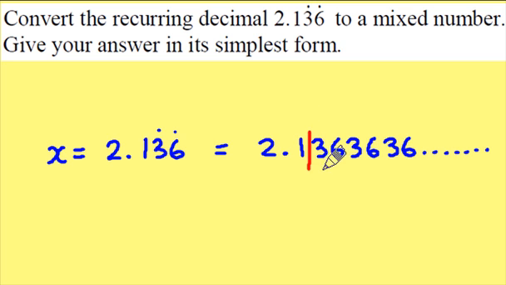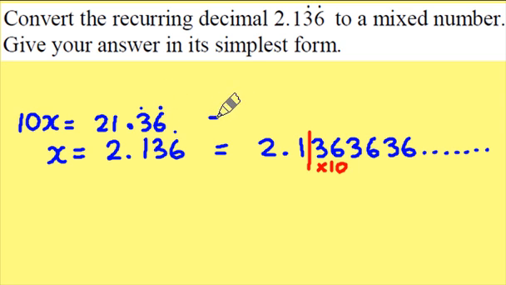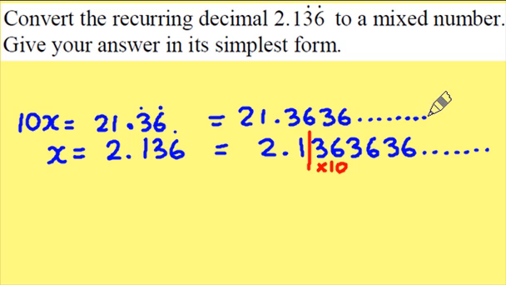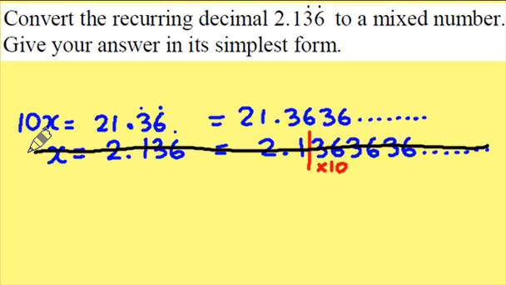Now the first thing I'm going to do is move the decimal to the recurring point, which is here. So I'm going to multiply the number by 10. This will produce 10 x's, which will be equal to 21.36 recurring, which is 21.3636 going on forever. Now this line was only needed to move the decimal along to the recurring part after it, so I'm going to remove it. I've used what I needed. Now looking at the line above, which we're familiar with,